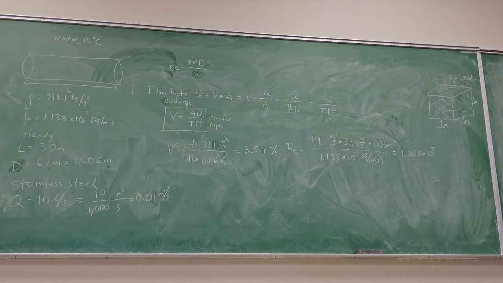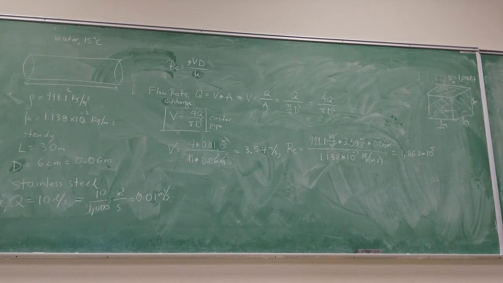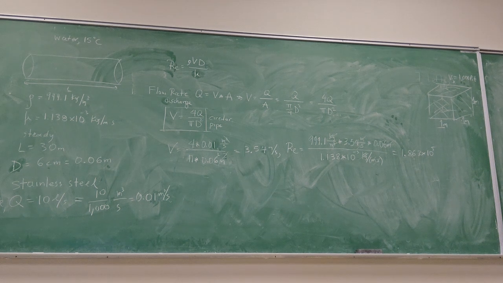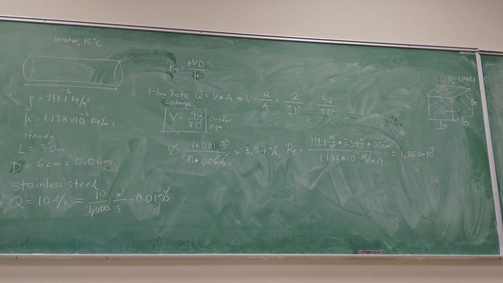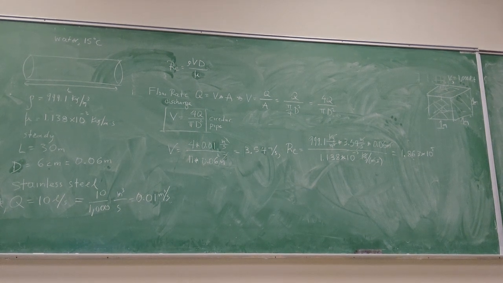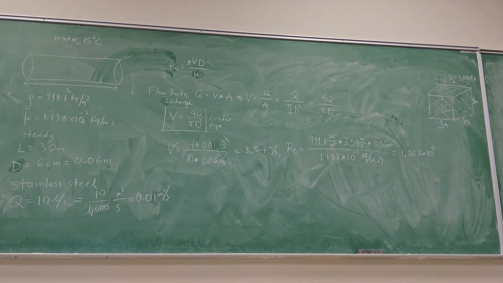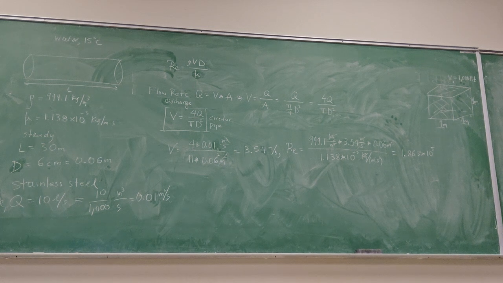So let's write those numbers here. Reynolds number equals 1.863 times 10 to the power of 5. Now, remember, first of all, what kind of flow is this one? Laminar, transitional, or turbulent flow? What's the limit between laminar and turbulent? Less than 10 2